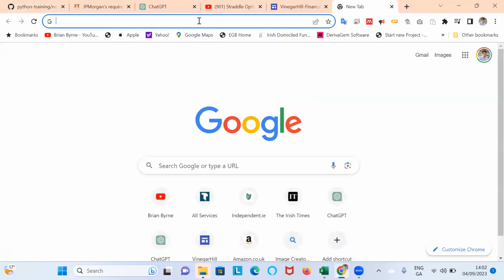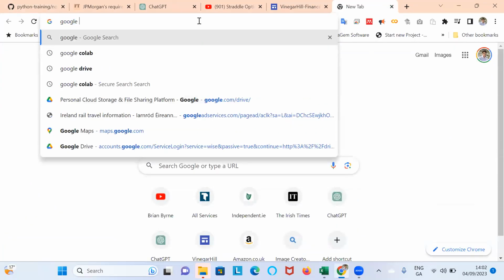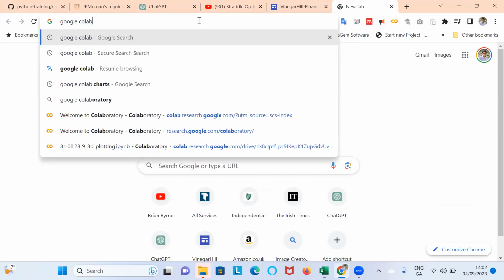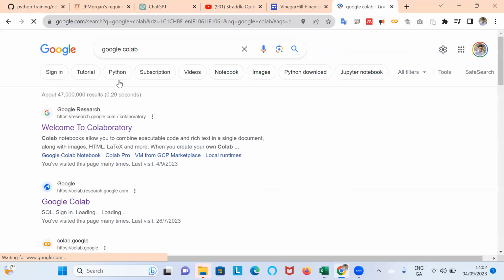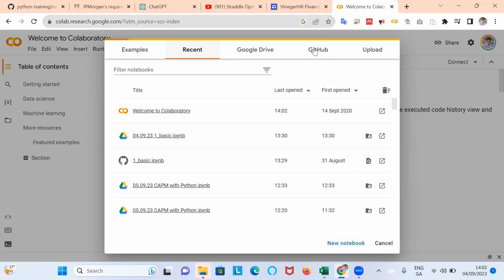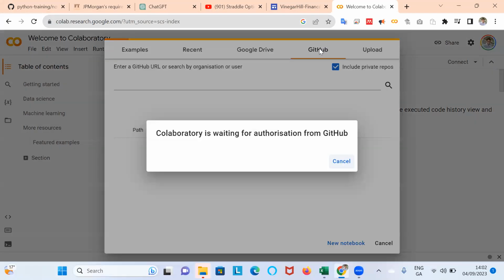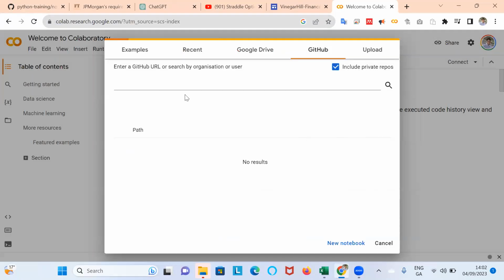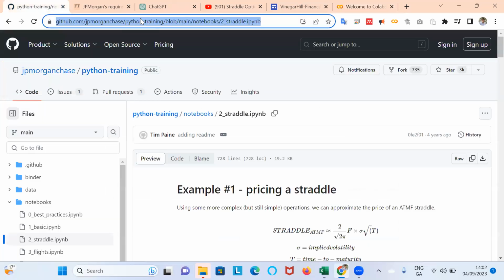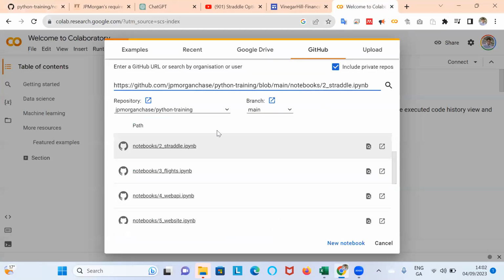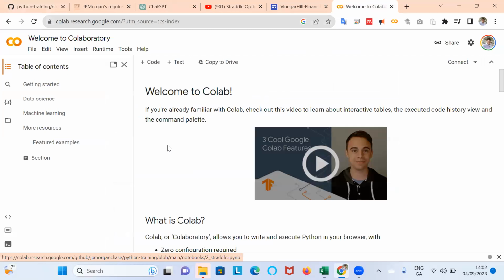go into Google Colab. I'm going to use Google Colab. You need to have a Gmail account or a Google account. So we'll create a new instance of a Jupyter notebook using Google Colab. And because the code is available in GitHub, we can point Google Colab at the specific URL we're interested in. So remember, we're copying the hyperlink URL here, and then we're pasting it in, and it has already pulled in the links. So I'll just open up this one,